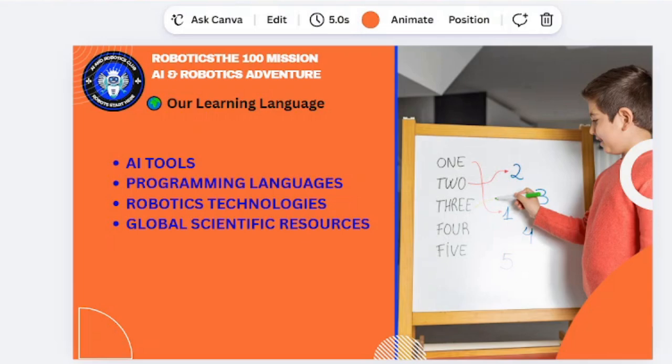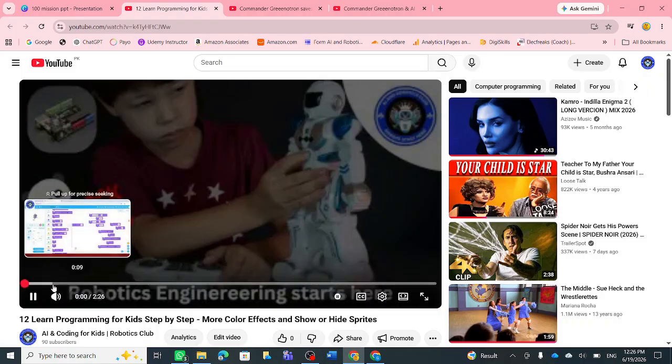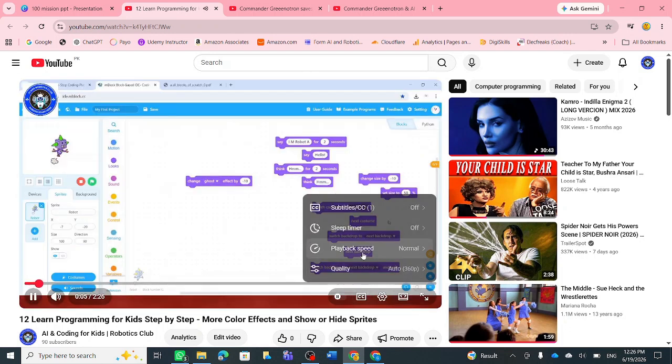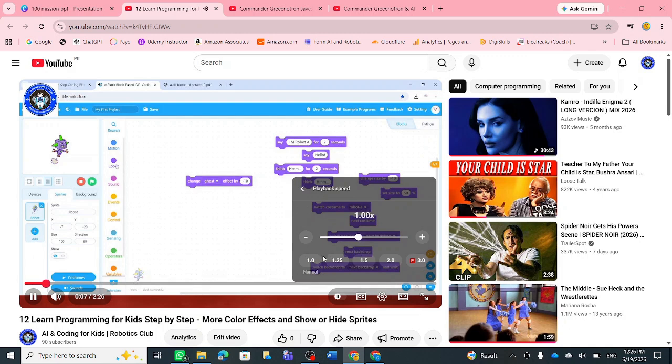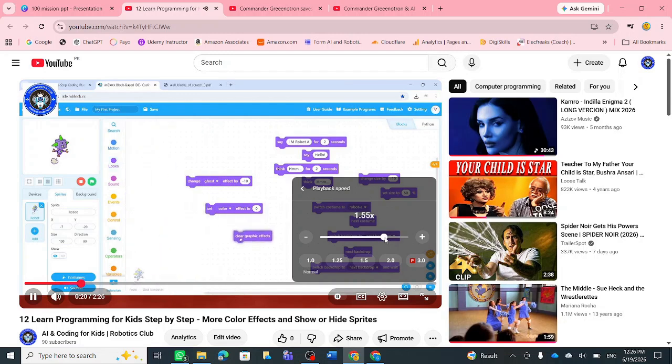If you are watching a recording and feel the pace is slow, you can increase the video speed according to your comfort. Let's see how you can do that. You are on YouTube and you want to play this one. Go to the settings, and here you can see the playback speed. From here, you can increase or decrease it. Let's say I want to decrease it. So you see the voice, the space is decreased. And if you want to increase it, you can increase it too, and it is moving a little faster. Okay.